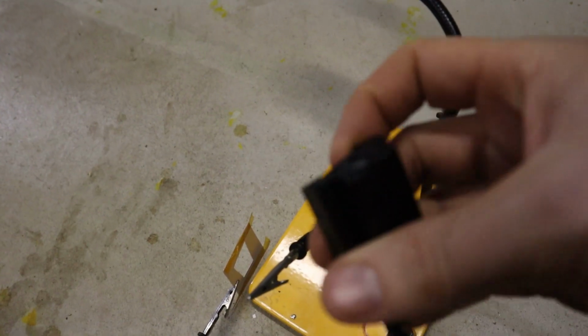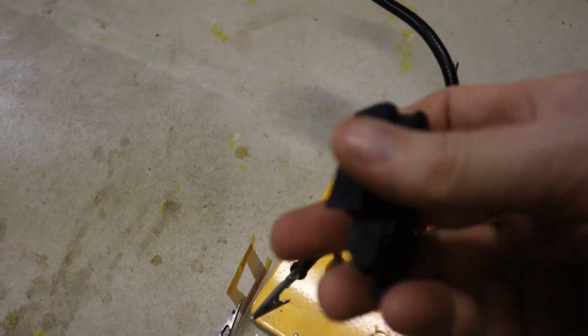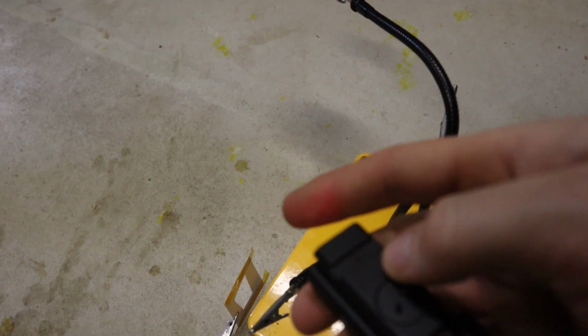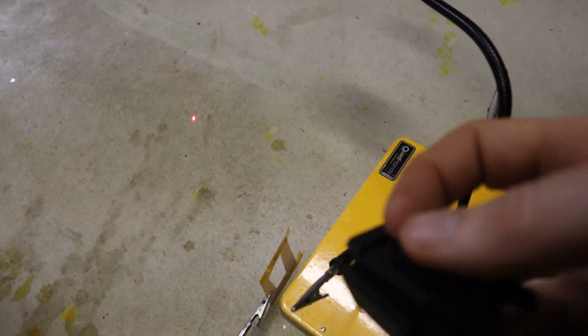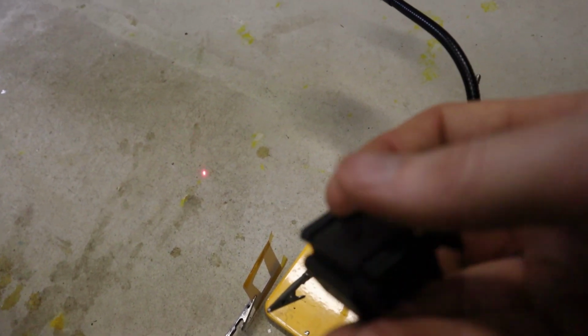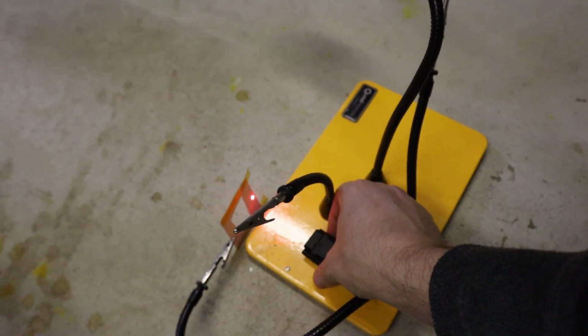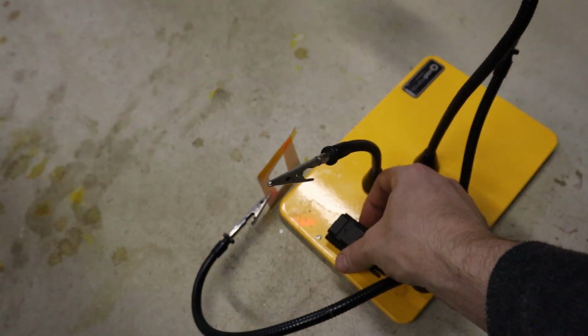So for this method, you need a laser pointer. I picked this one just because it has a button that leaves it on. I think it's actually meant for a gun. But on Amazon, even a cat laser pointer will work fine, especially if you have two people. But I only had one person available for recording this, so I just bought one on Amazon that I could turn on and set down and not have it